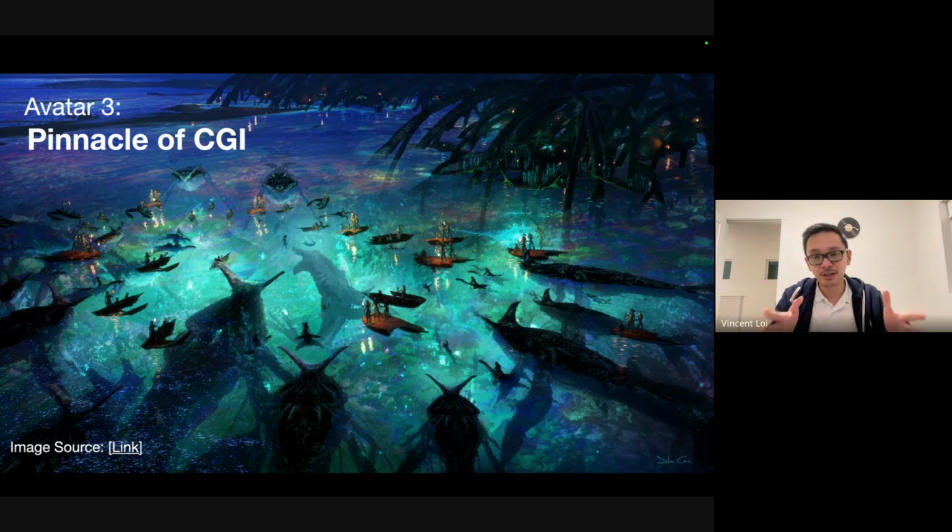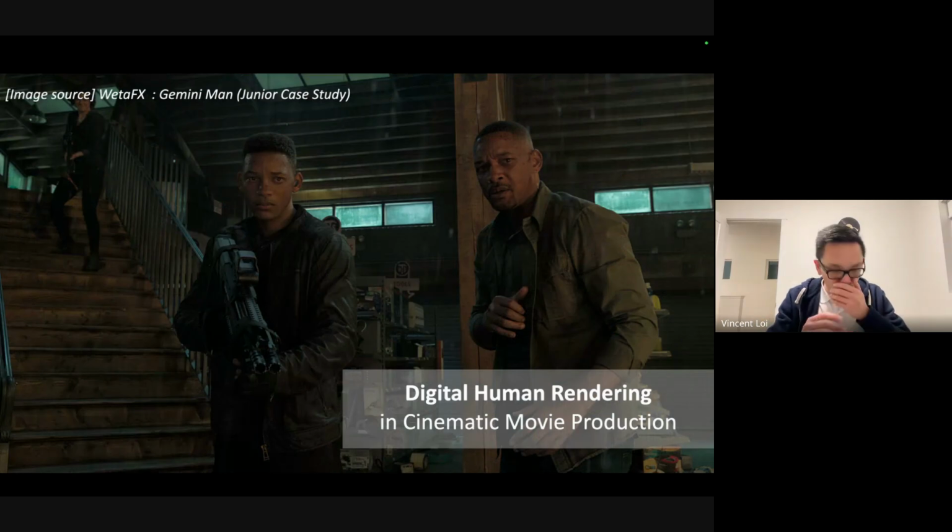So this is one of the graphics that we see these days. But today, I just want to share some of the details about the technology behind this kind of stunning, beautiful computer-generated graphics. So this is also the same thing. You see Will Smith in real life.